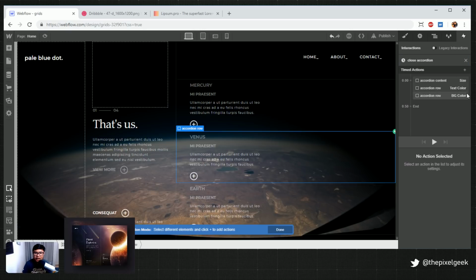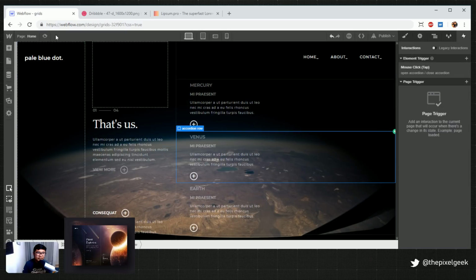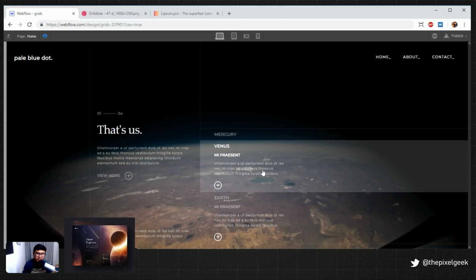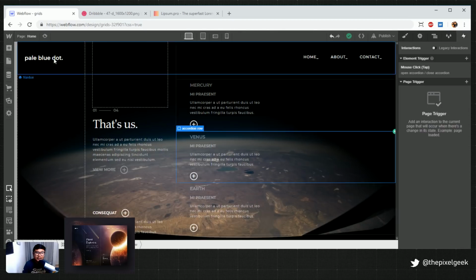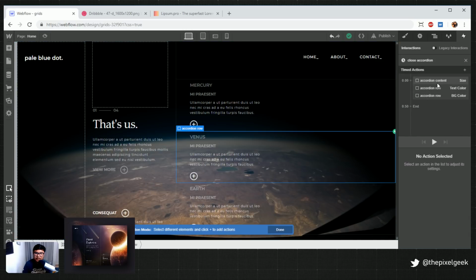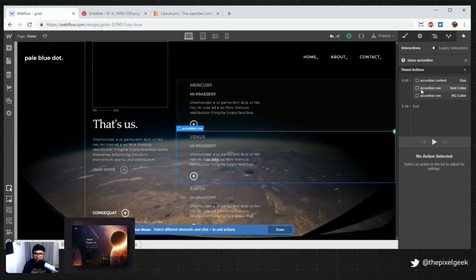Okay, so I already know there's an error, but I'm going to let you guys see the error. I'm going to open this. It's not going to close. Why? Because my close accordion animation isn't set to the class. It's set to this element right here.